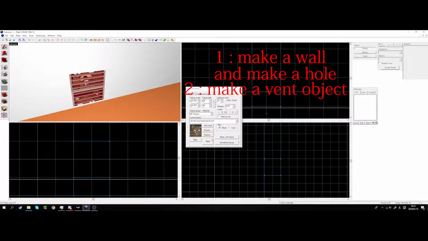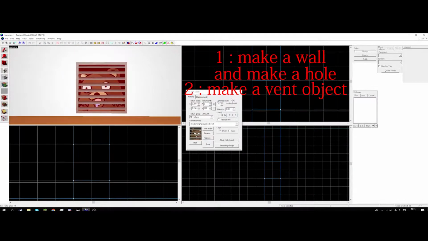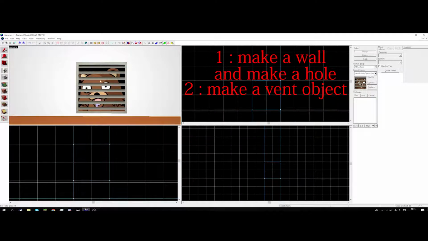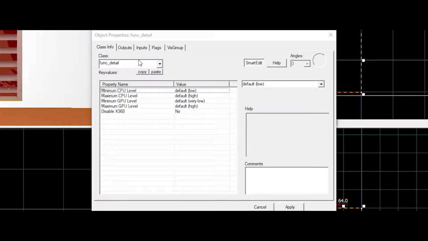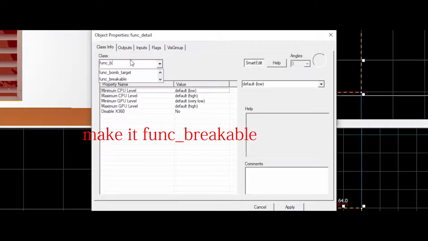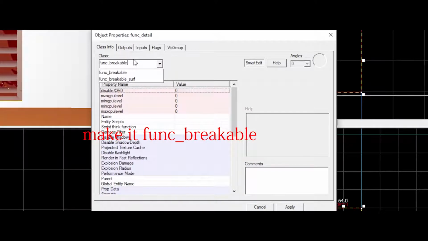Click apply, make it fit, so it will fit. Close it, select the vent, press Ctrl T, make it breakable, click apply,